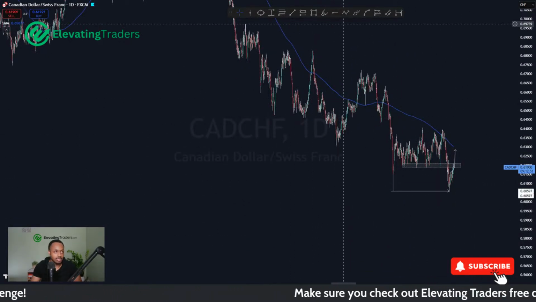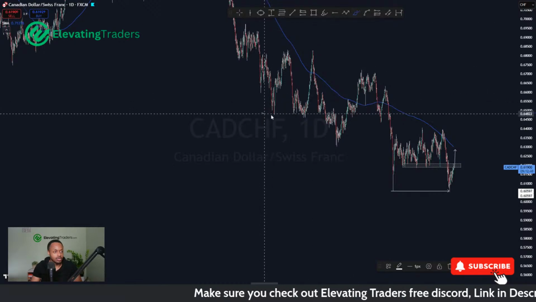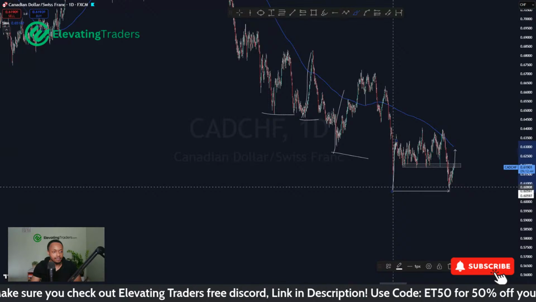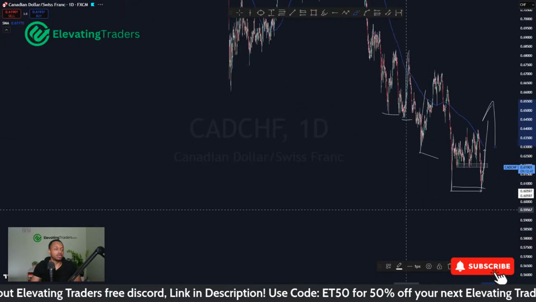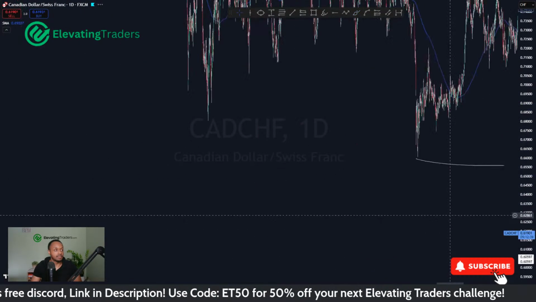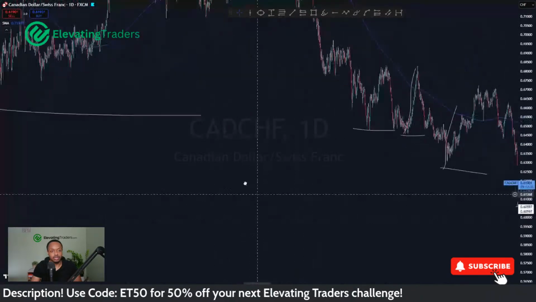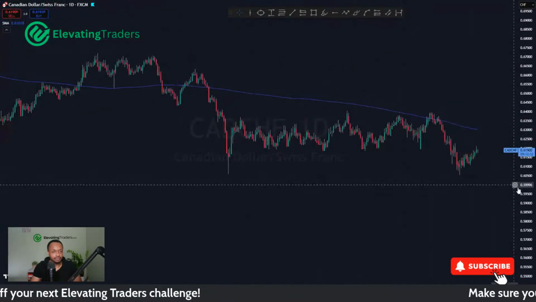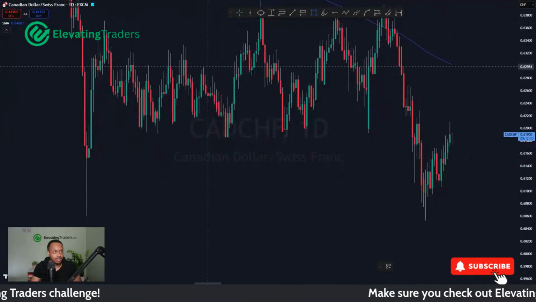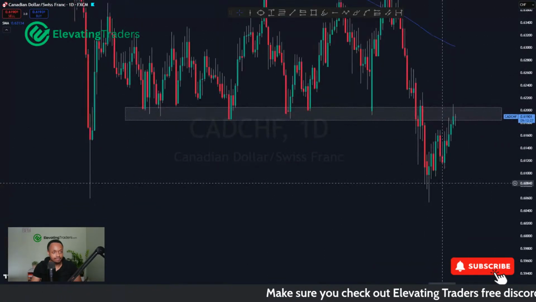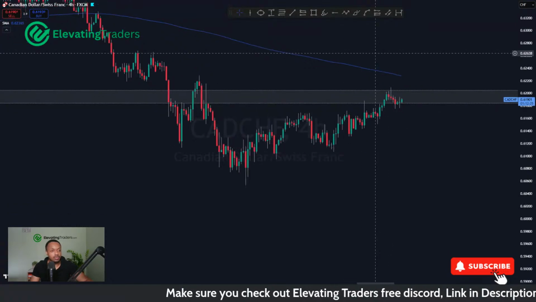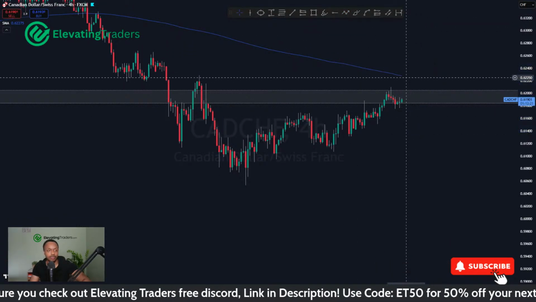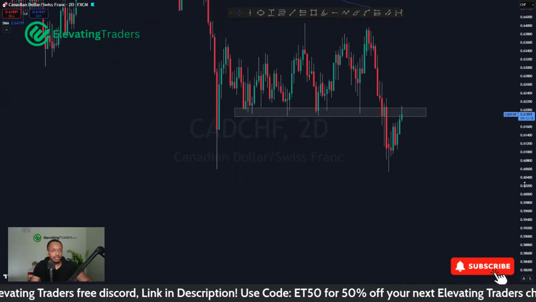Every time the market does make new all-time lows, it does kind of spike to the upside, as we can all see. So I do think we're due another one of these big moves, even back over there and back over there as well. So it's a pretty recurring pattern for CAD CHF, which is why I'm not really interested at all in selling from this level, because we might see a bit of a reaction, but I do think we'll eventually break through. So yeah, I think the bigger move would be to the upside.